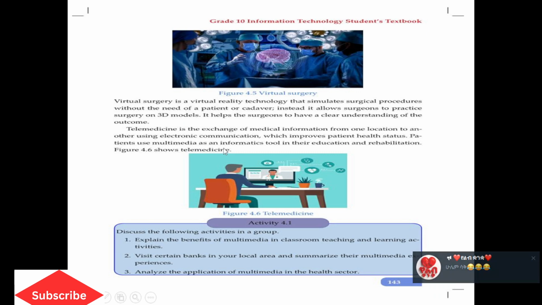Patients use multimedia as an informatics tool in their education and rehabilitation. Here is also telemedicine. The patient can get some treatments from the caregiver by using the technology or multimedia.